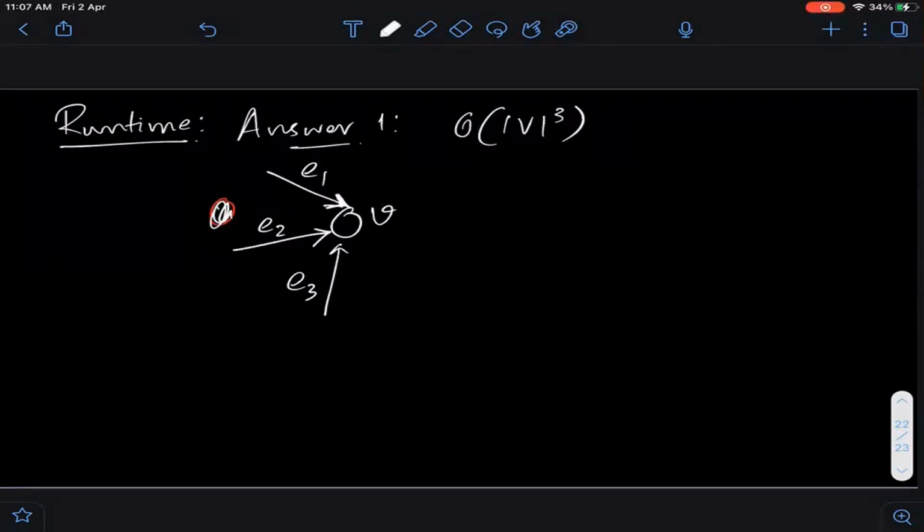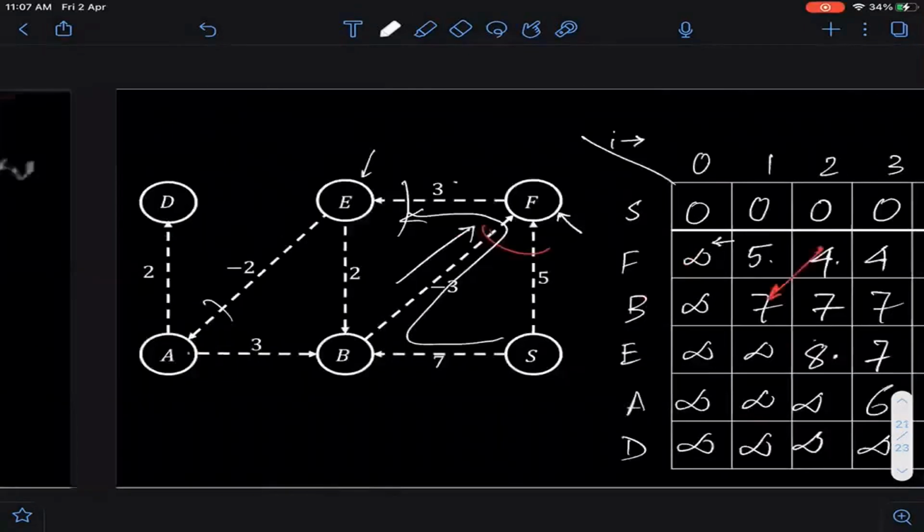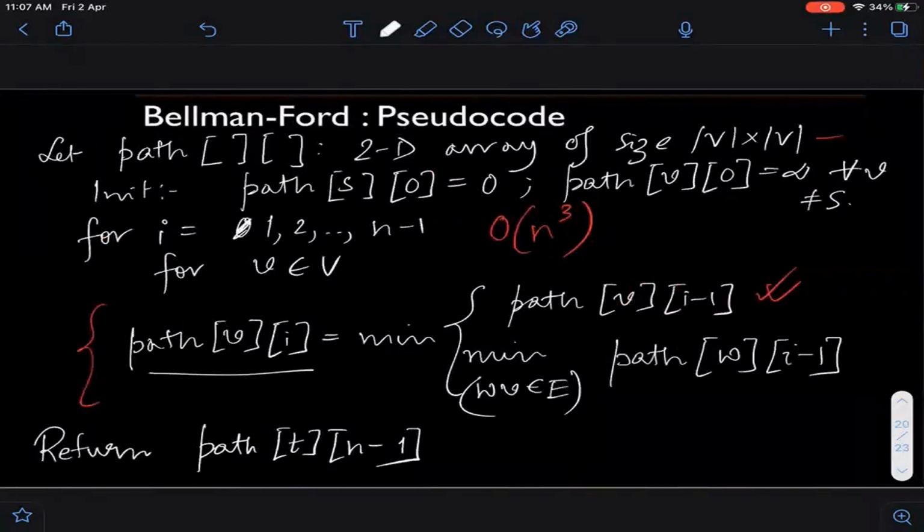That will dominate the runtime as far as this vertex is concerned. So everyone understands what I'm trying to say? In the entire run of your algorithm, how many times will you actually consider this particular edge? Well, it's as many as the number of outer loops that you are making. Clearly, if you look at the pseudocode, this outer loop runs n-1 times, okay? Let's say n times. Within one loop, you will use an edge only once.